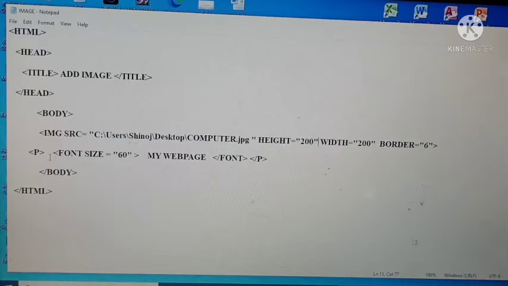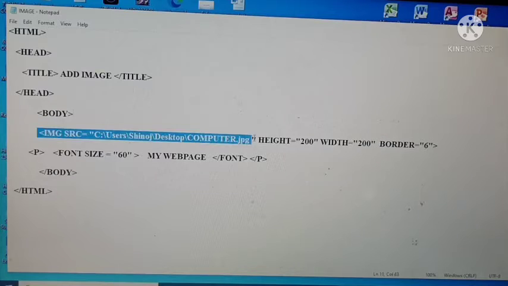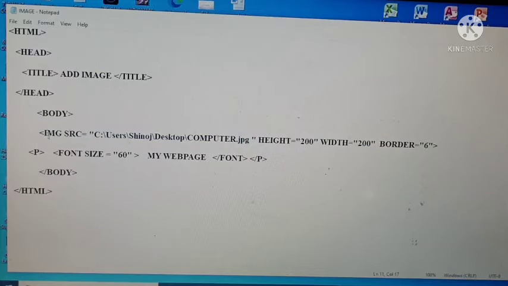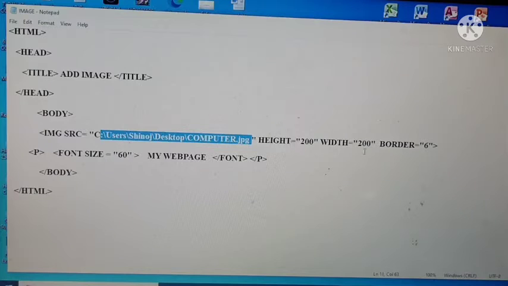Then after that, body tag close, then HTML tag close. That's all. The first step is HTML, head tag, title tag, then give the title, close the title tag, then close head tag, body tag open, then the syntax of image: angular bracket open img src equal to the path of the image or image URL enclosed within double quotes, then height and width value.